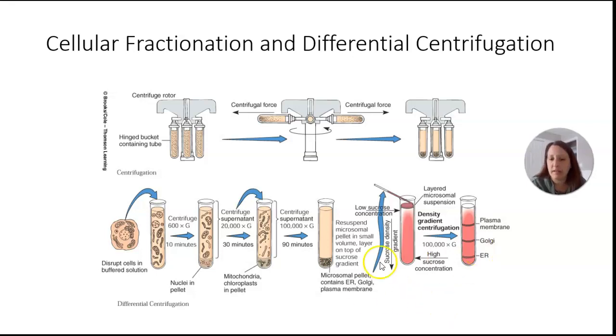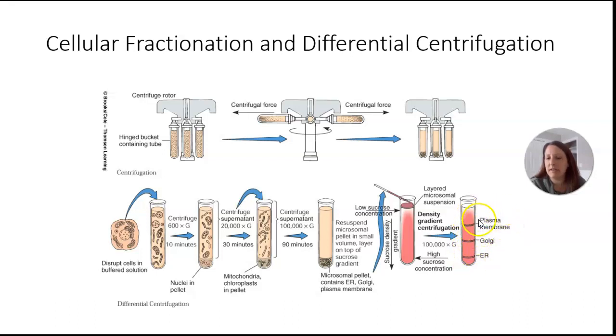When I'm left with this pellet here, the ER, the Golgi, and the plasma membrane, which we're going to learn about, these are all made of membranes. And so I can actually separate those pieces out on what's called a density gradient. And so this is a sucrose density gradient. The least dense will end up here, and the most dense end up down here. So if I put this pellet in there, and again, I spin it for 100,000 Gs, okay, it doesn't say the time, for whatever the time is, I will end up separating out those components based on density.